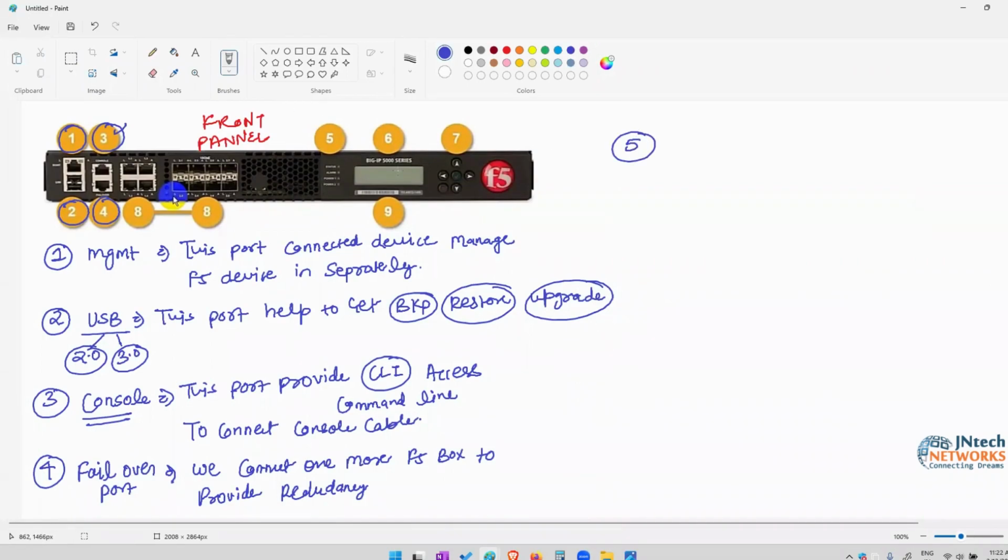Fifth number port. So fifth number is this one. This name is indicators. This one is my indicators. Why we use indicator? To get F5 device status